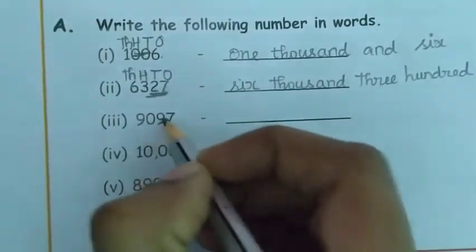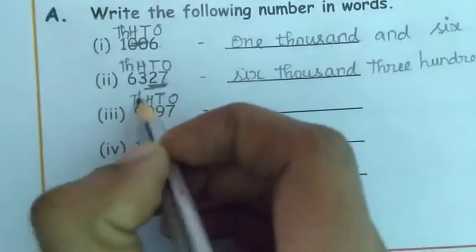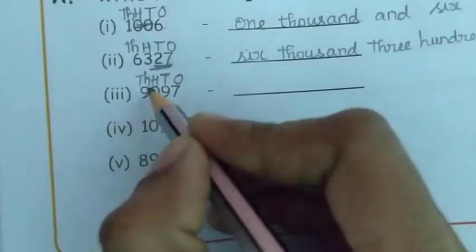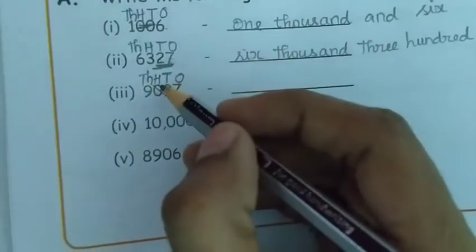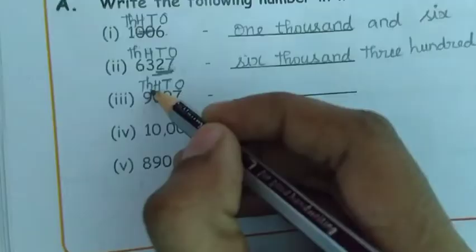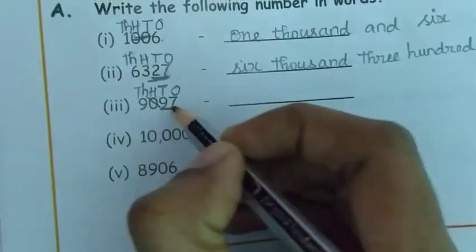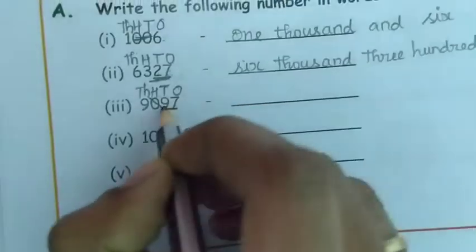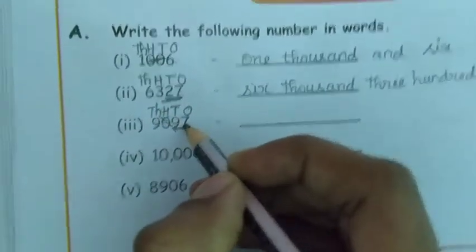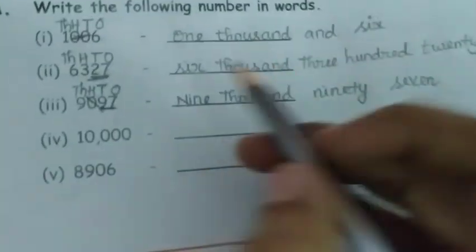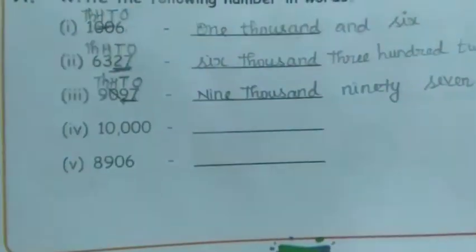Same like that. 9097 from last. Put ones, tens, 100, 1000. Okay, va? So now read it out, ma. 9000. Here 100 is not there, so strike it out. In the 100 place 0 is there, so strike out the 0. 9097. We want to combine the tens and ones. So 9 7 we can say 97. So 9097. Okay, va?